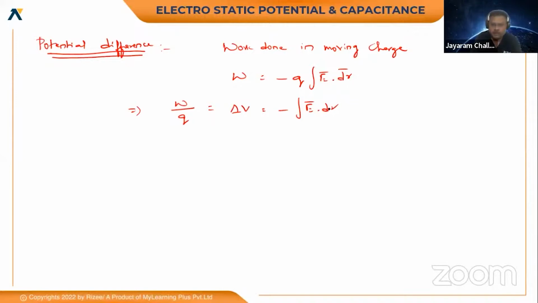So this is the integral of E bar dot dr. This is your potential difference, nothing but the potential within the region between the two points. Suppose you are bringing a charge Q naught from infinity. The potential at the two different points, A and B, within the electric field is called this potential difference. So potential difference can be written in this format between the points A and B within an electric field. So for a uniformly charged wire,